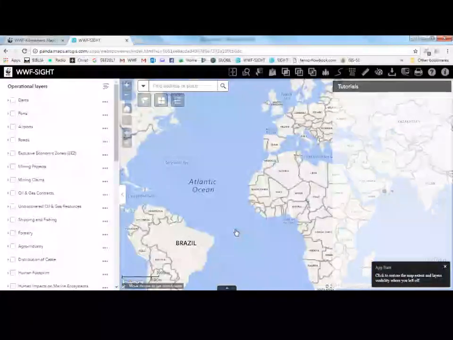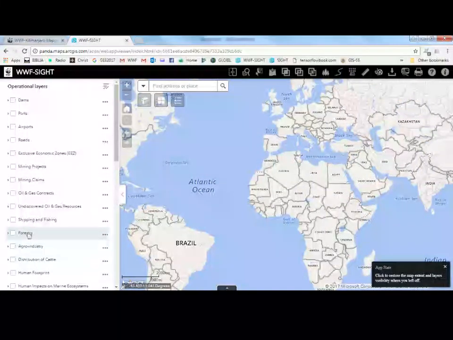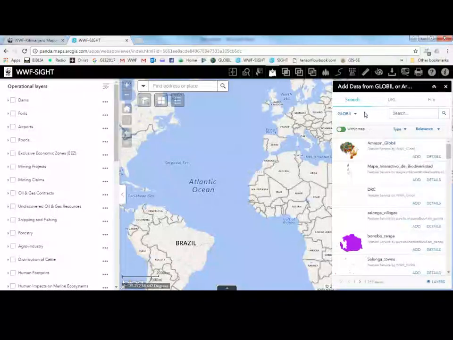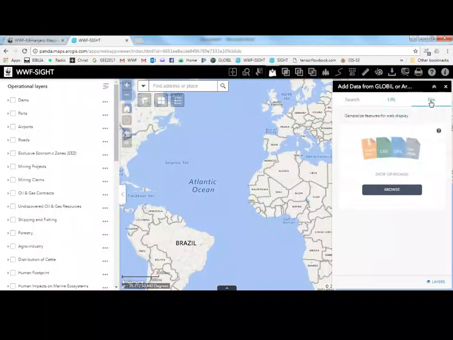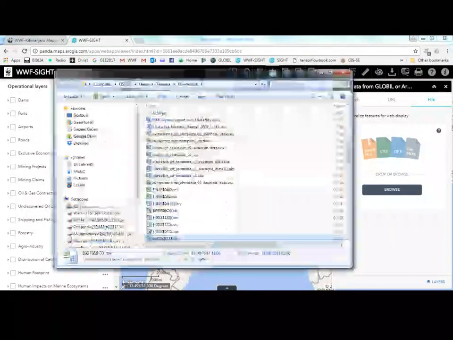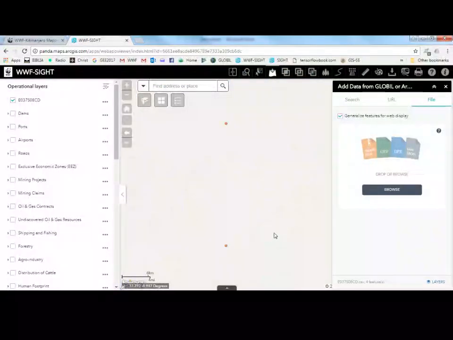So this one is the WWF site. First of all, there are a lot of layers before I load it. So let me load. I go into this one, the add data from Global or ArcGIS Online. There are several data which people share. So I can look at the data within our platform, WWF within or outside, and this one. If you have a URL or web map services, but the aim is using the comma separated value file here. So what I do, going to that download of quarter degree grid cell, then drop it here and wait for a minute.